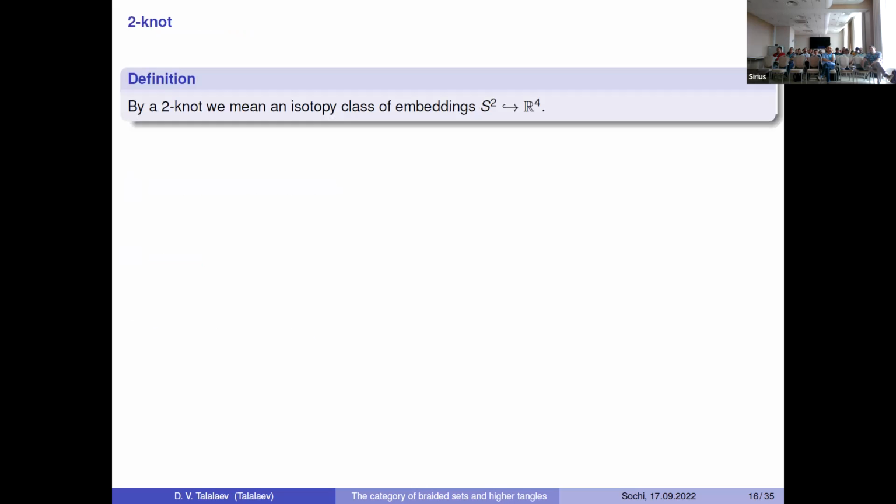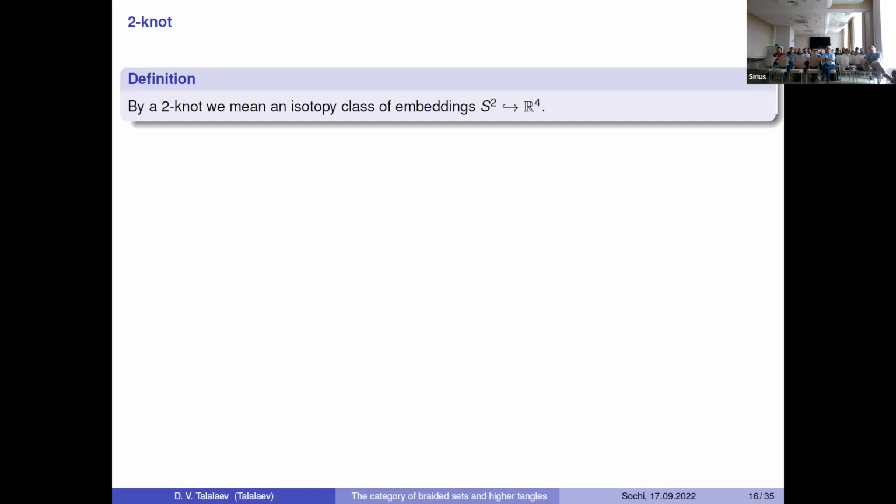So my goal here is to say something about generalization, this concept of extensions of solutions of the Yang-Baxter equation to higher dimension, to the situation of the tetrahedron equation. And I'd like to recall what a 2-knot is and why and how this tetrahedron equation appears in this context. So a 2-knot is an isotopy class of embeddings of the